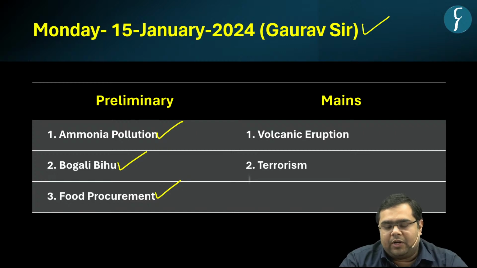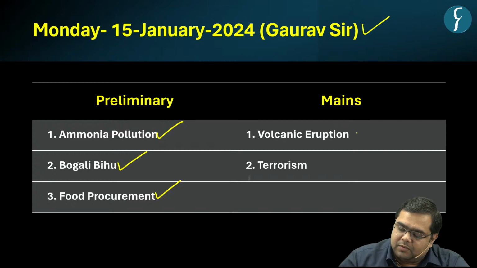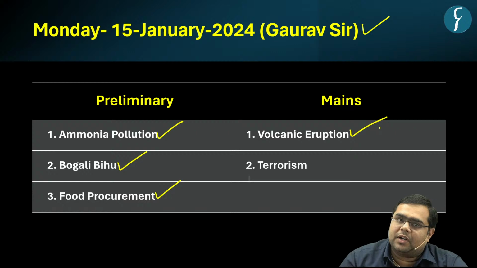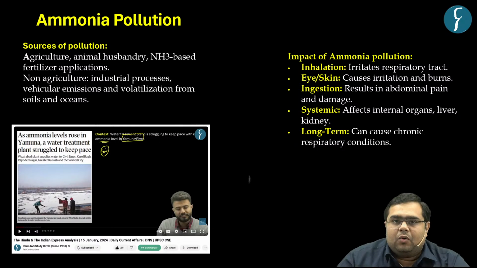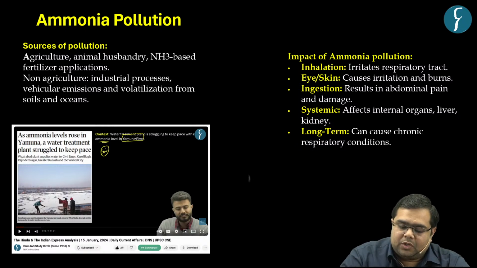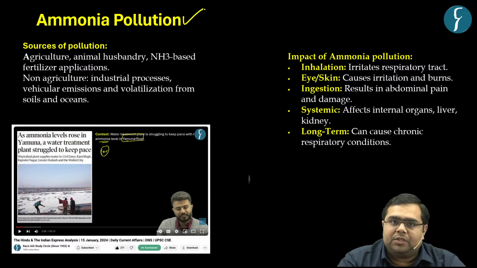From the standpoint of mains, we took the topics with respect to volcanic eruption and the concept of volcanism, which is an important aspect of geographical landscapes in GS1, and issues relating to internal security and terrorism that come under the head of GS paper 3. Now, let us discuss the first topic that was taken up on the Monday. The topic was ammonia pollution, and the reference was taken from the Hindu